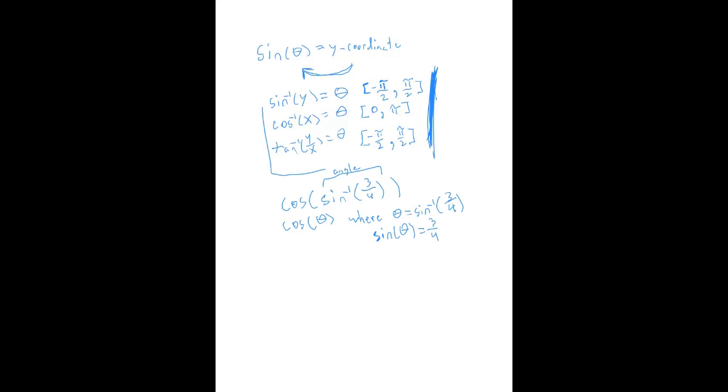So what do I know? I know that sine of this angle needs to be 3 over 4. So how do I represent this? What can I put this in? And the answer is a right triangle. If I know that sine of theta is 3 over 4, but I also know